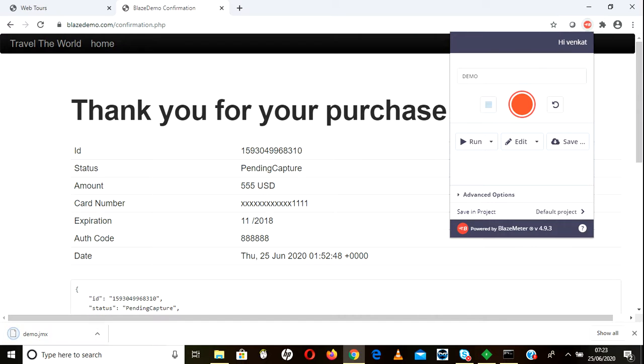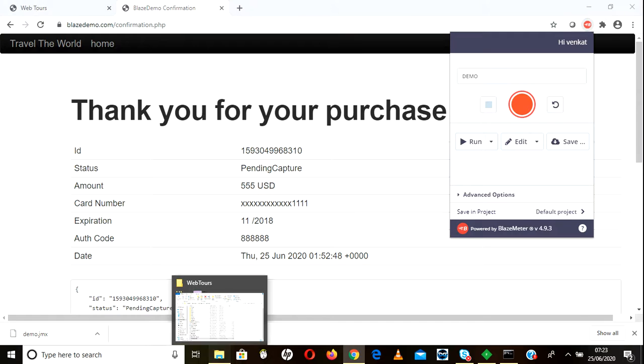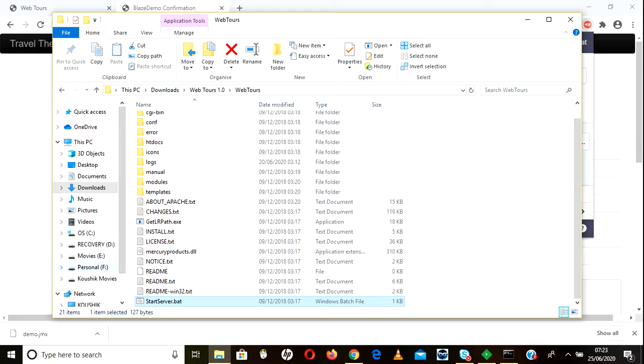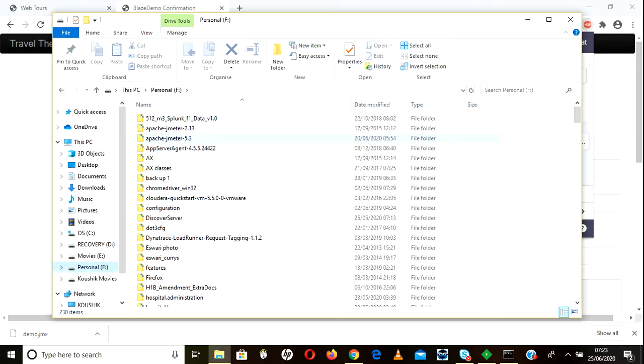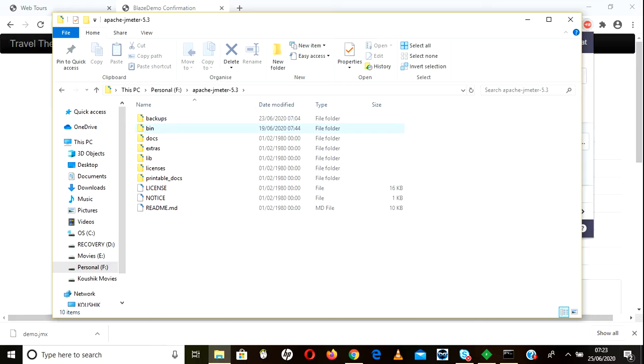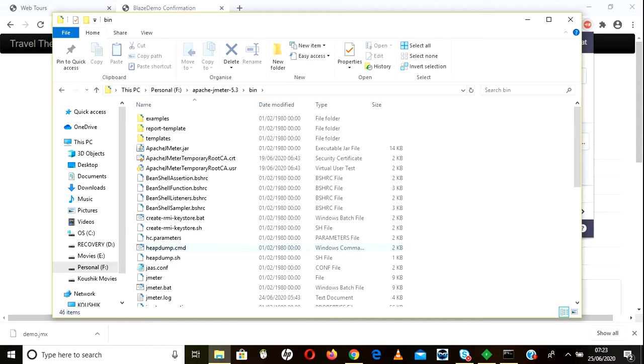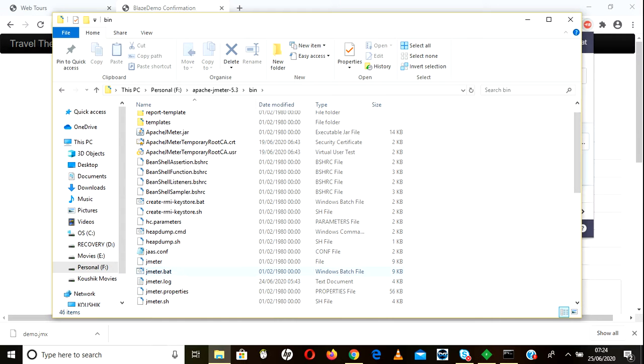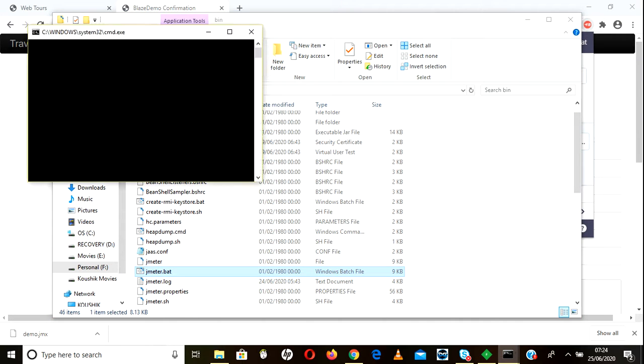See, this is downloaded. Now to open that one, we have to go to JMeter, because a JMX file we have to use JMeter to open, right? So go to the jmeter.bat file. Okay, so go to jmeter.bat and open the demo.jmx. So this way we have to record our scenario using BlazeMeter's plugin.